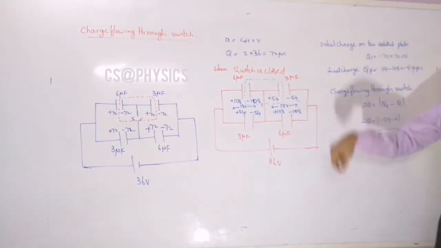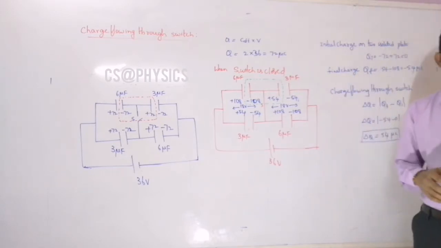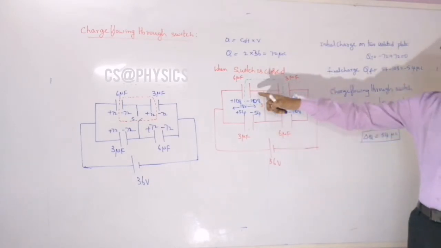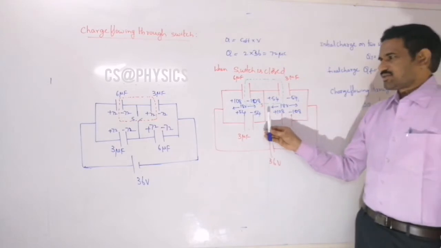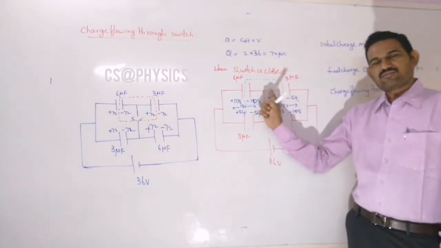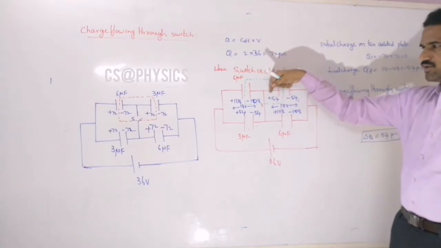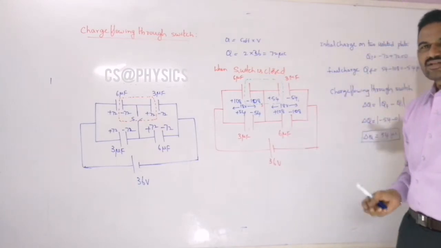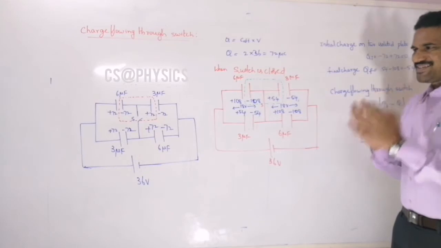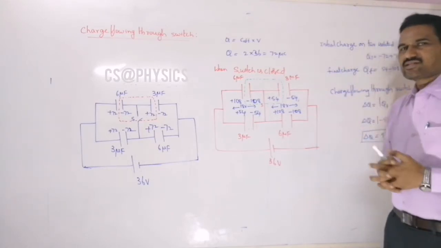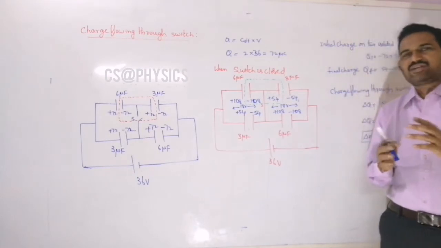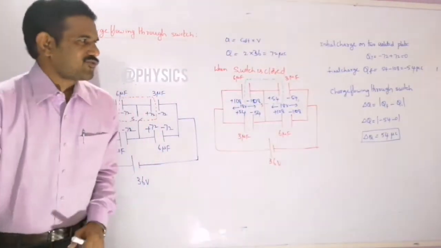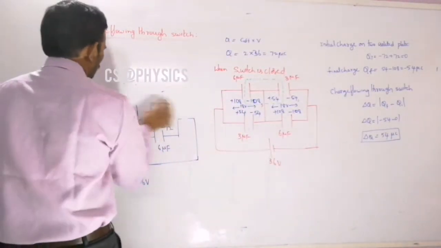If they ask how much charge is flowing in the downward direction through the switch, or how much in the upward direction, then definitely you need to write the sign. Here you can identify that these two plates are getting negative charge, so that means minus 54 microcoulombs is flowing in the upward direction, or you can say that plus 54 microcoulombs is flowing in the downward direction. That is the way of answering such switch-type questions. Just the initial charge and the final charge we need to find, and then the difference between the initial and final charge on the capacitors will automatically give the charge flowing through that switch. Let us take one more example based on that, and you will get more clarity about this.